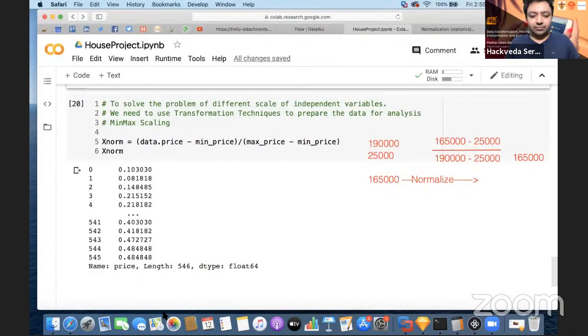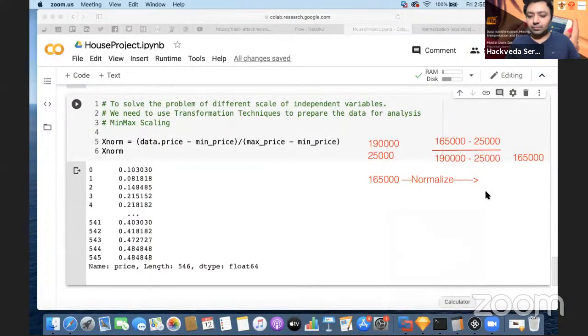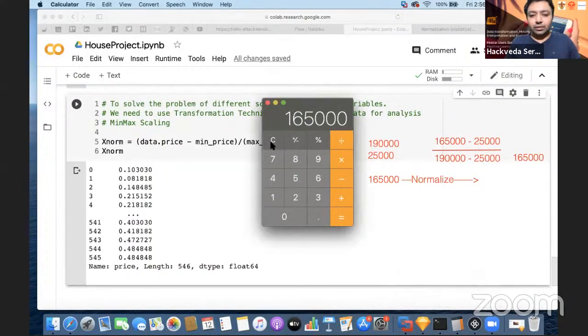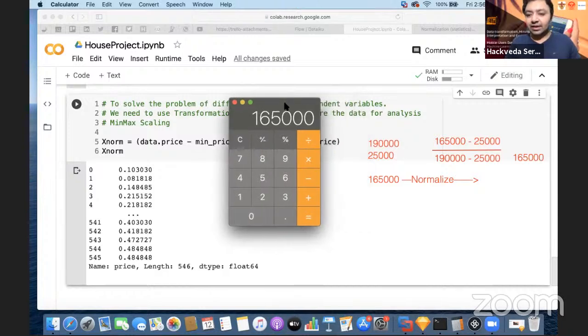Okay, here. So we have got 1,90,000 minus 25,000, so we got 1,65,000. Now what we are going to do? We are going to take the above value, 1,65,000 minus 25,000. So we are going to get the value of